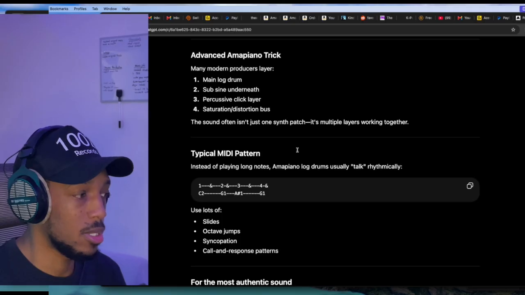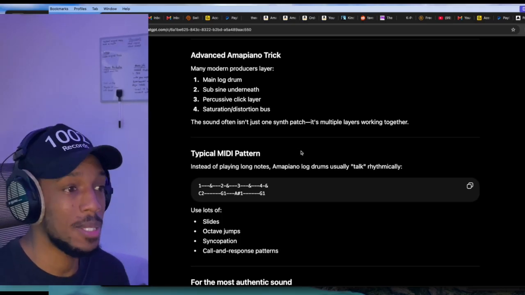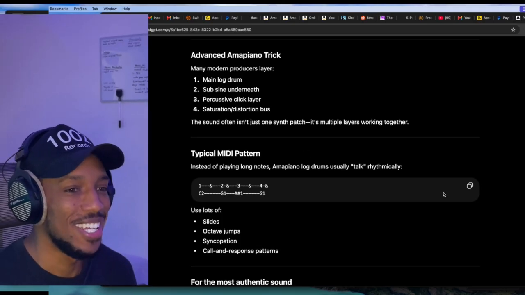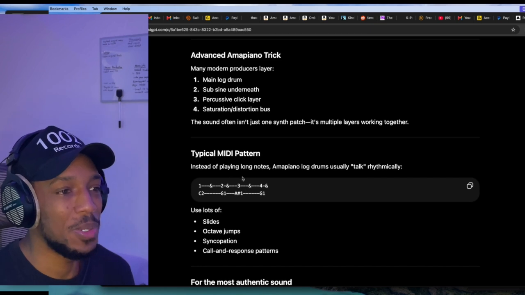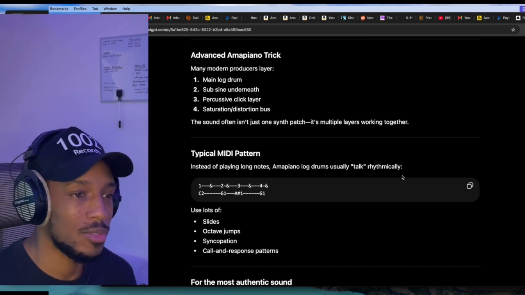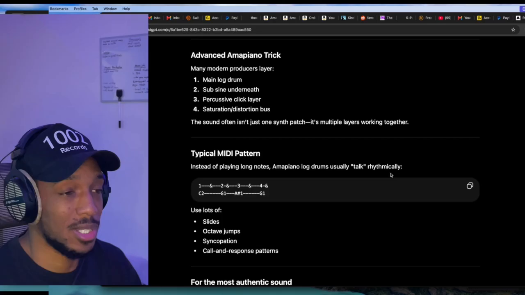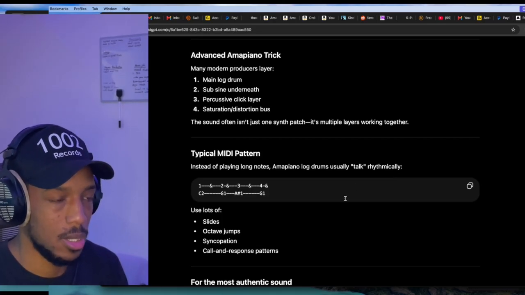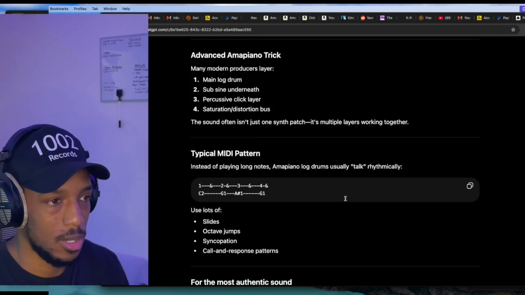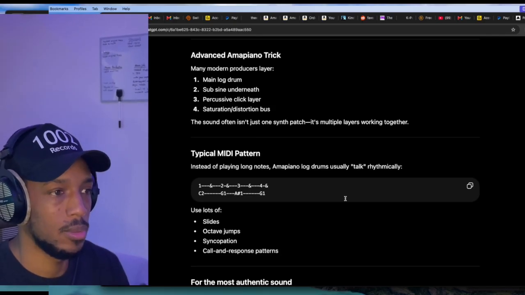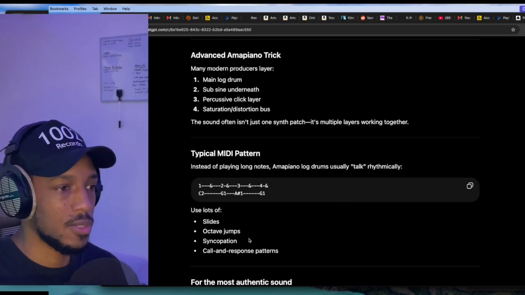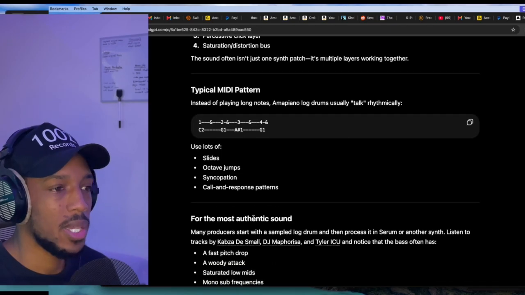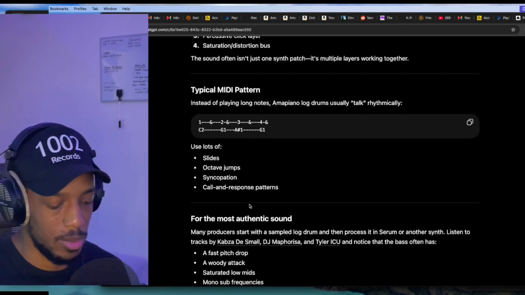And it also gives you more than just sound design. It gives you actual tips of how to use the sound in a musical setting. So instead of playing long notes, Amapiano log drums usually talk rhythmically. It's percussive because it's a log drum. So let's say, for example, it says C2, then G, A sharp, G. So you got. It says use lots of slides, octave jumps, syncopation, call and response patterns. For example,